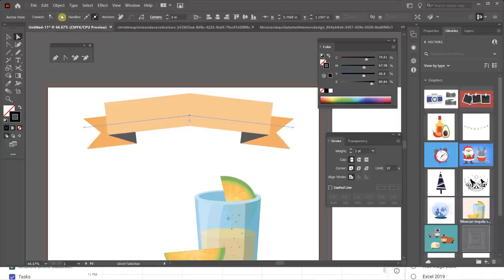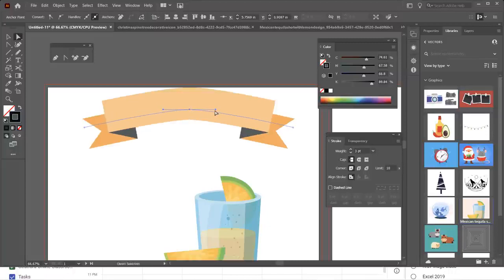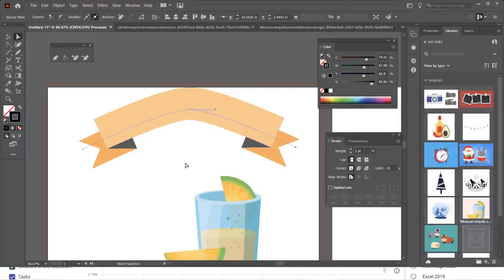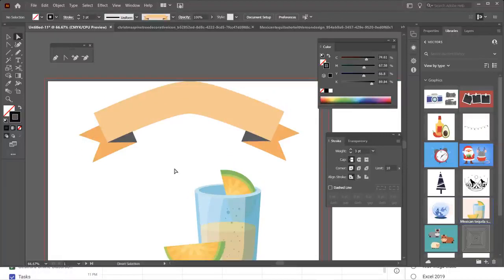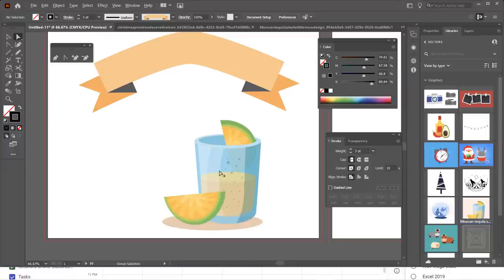So you have choices, right? So now I can make this as curvy as I want to, and I can make this go out. You have all the control in the world. So let's now bring this down and bring that down. You'll see, pretty cool. You have, again, all the control in the world. All right. So next thing we're going to do is we're going to work with maybe a little bit of